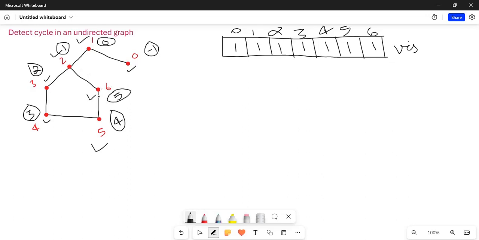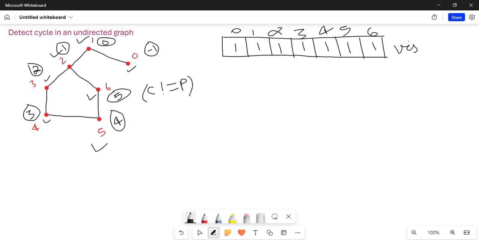Let's first try 6 for 5. Here 6 tries for 5, and is it visited? Yes, it is already visited, so there may be a chance of cycle here. But a cycle is detected only if the child value is not equal to the parent value.